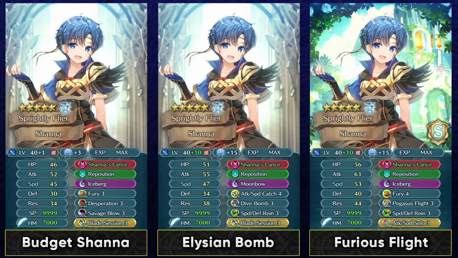Speed Defense Rain is going to be the best one, and Blade Session to give her the max amount of offenses that she can get. Like I said before, she can definitely make use of Pegasus Flight. She doesn't have as much resistance as the Horba or like Claire, but still she can be a decent user